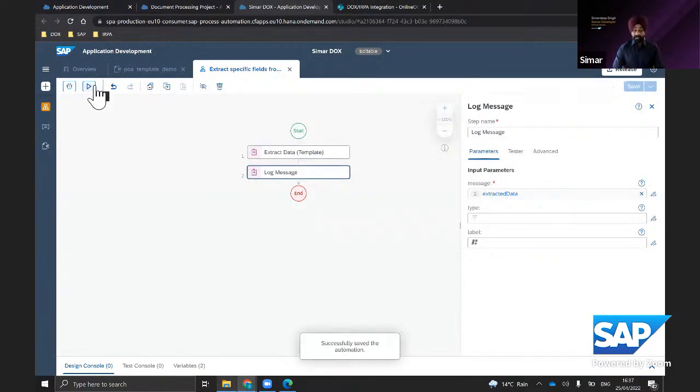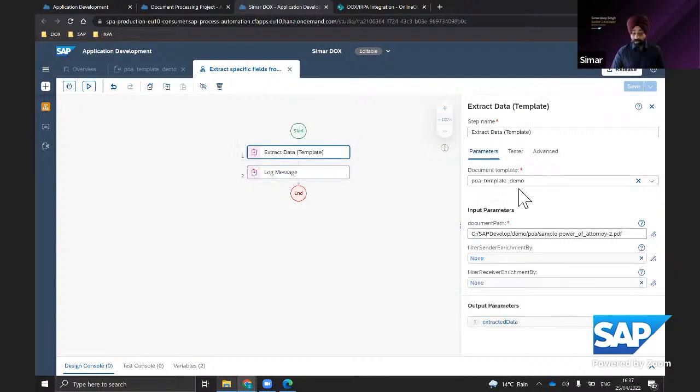So that means the main effort here is to create the template, or making the system know where to find the specific fields. And once you have created the template, you can use it in any automation. The activities are automatically created in a low code, no code way, so you can just select the document template, provide the document path, and you are good to go.